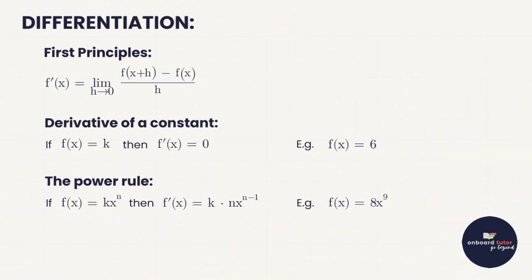In our last video, we were introduced to this concept of differentiation. And we alluded to the fact that differentiation tells us a little bit about gradients and slopes. And then we learned how to differentiate using this thing called first principles. And this is a formula that you get on your formula sheet. This is the notation here for derivative, f prime x. And we work that out by saying let the limit of h tend towards 0,